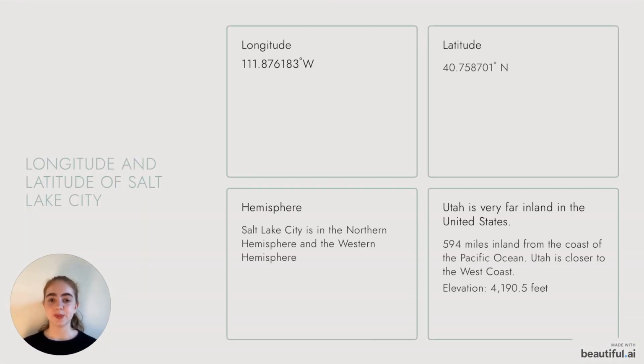Salt Lake City, which is my adopted city next to the Great Salt Lake, is at a longitude of 111.8 degrees west, a latitude of 40.7 degrees north. It belongs in the northwestern part of the United States, and Utah is a very far inland state, which means that it is not near a coast, like near the ocean. It is 594 miles inland from the coast of the Pacific Ocean. Even though it is so far inland, Utah is closer to the west coast than it is to the east coast, and it sits at an elevation of